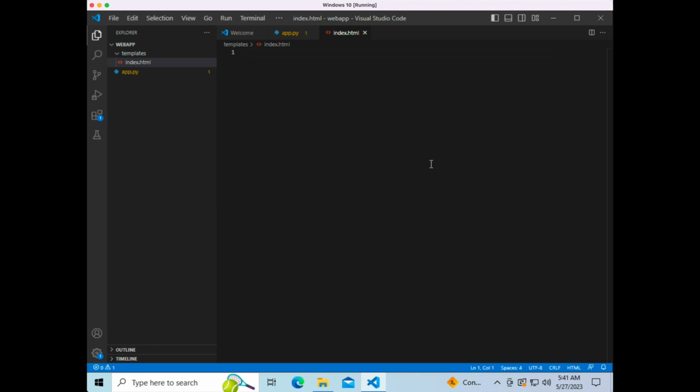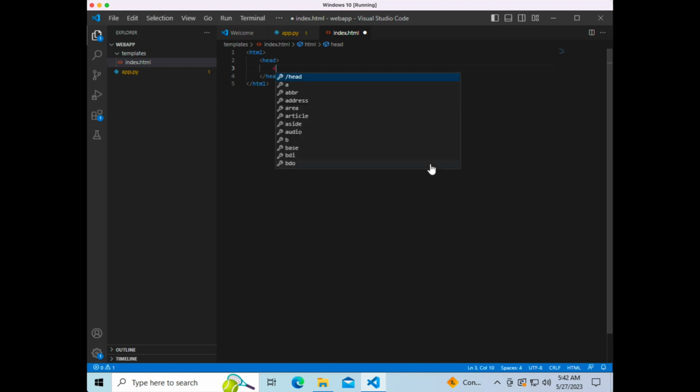Okay, so we're going to start with our HTML skeleton. And if you're in web design or if you've taken it, you know that we have sandwich-like qualities to this language. We have HTML, which is the bread on top and bottom, head, which is like the lettuce inside, and we have the title, which is like our first tomato. Let's call it web app. And that closes the head. And now our body, which is like the meat,